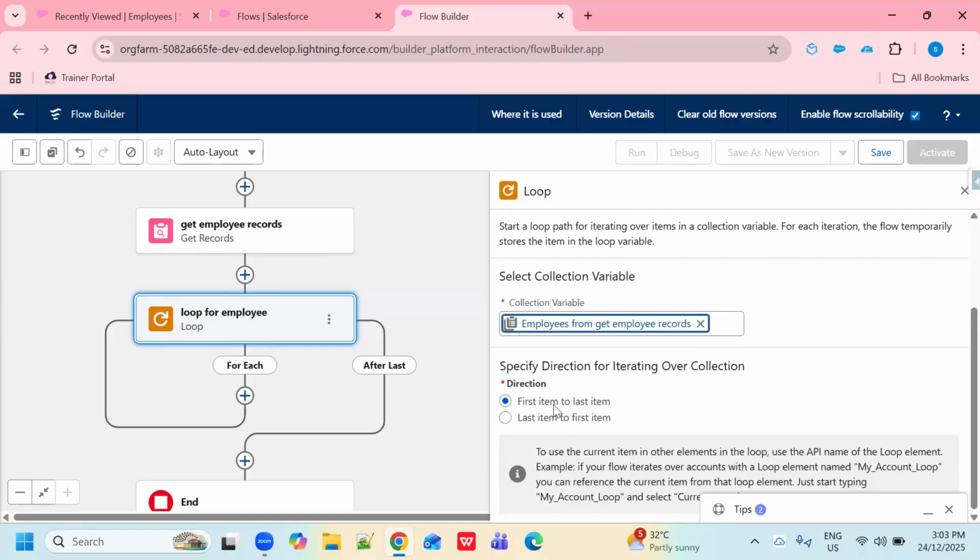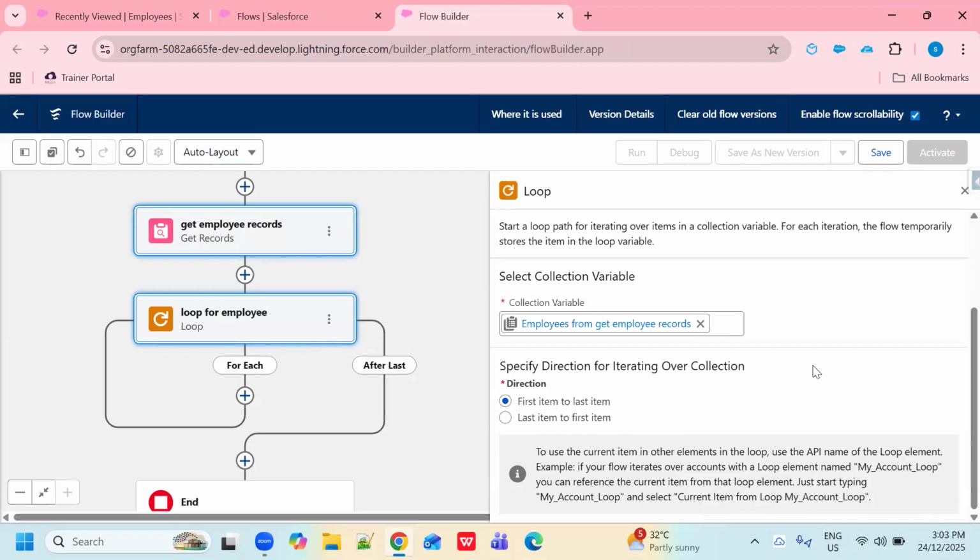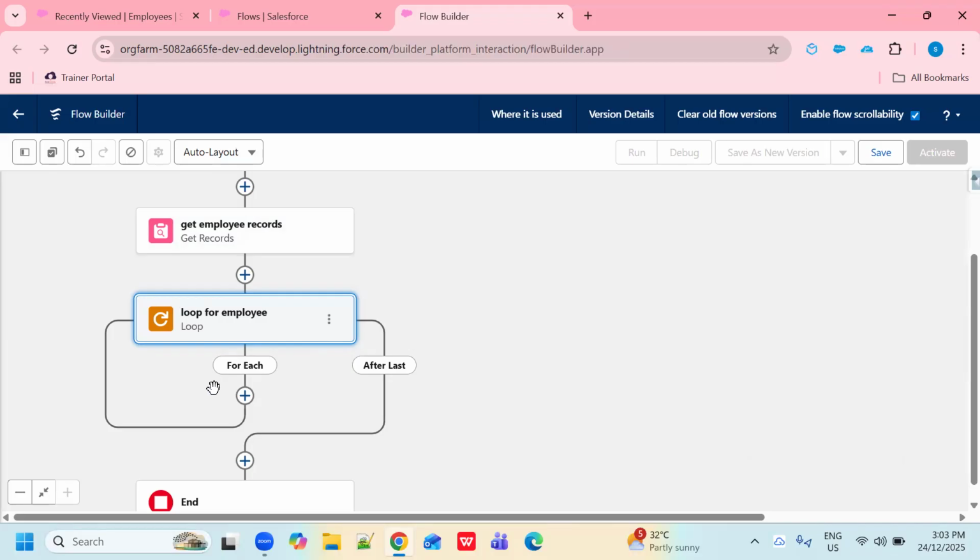I want to iterate my records in the loop, either first item to last item or last item to first item. For now I am using first item to last item, but if in your case you want to go from last to first, then you can select that option. So I am choosing this option. After doing this, just close this. Now there are two ways to send a mail.